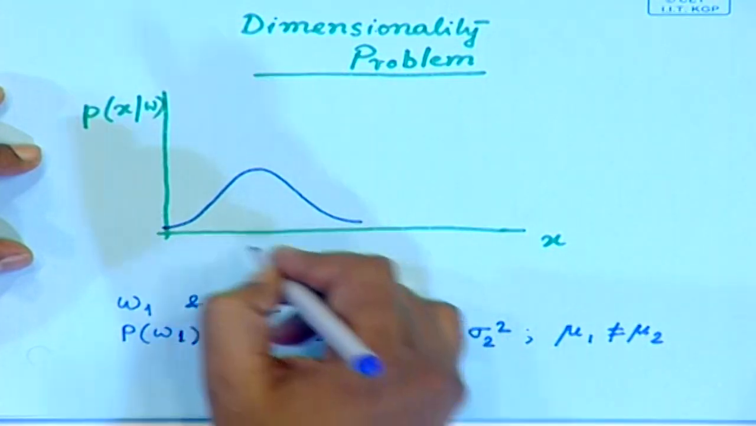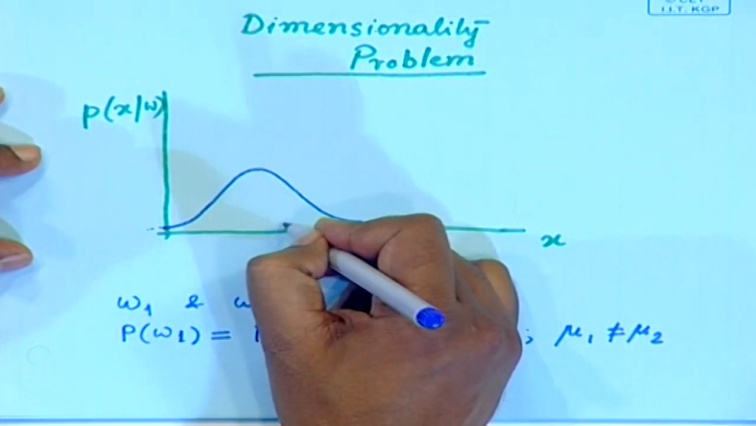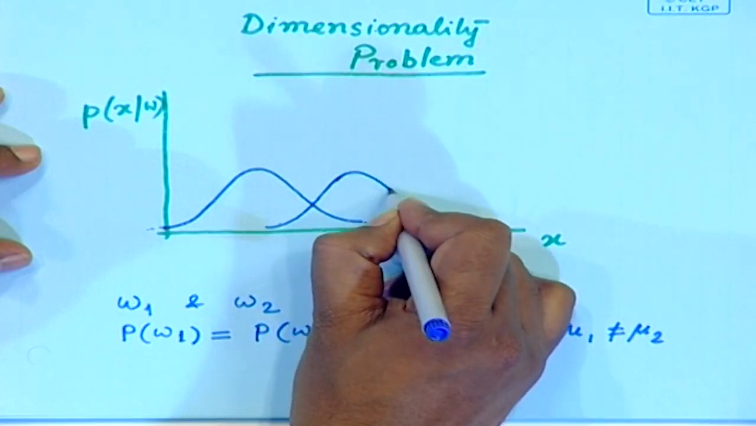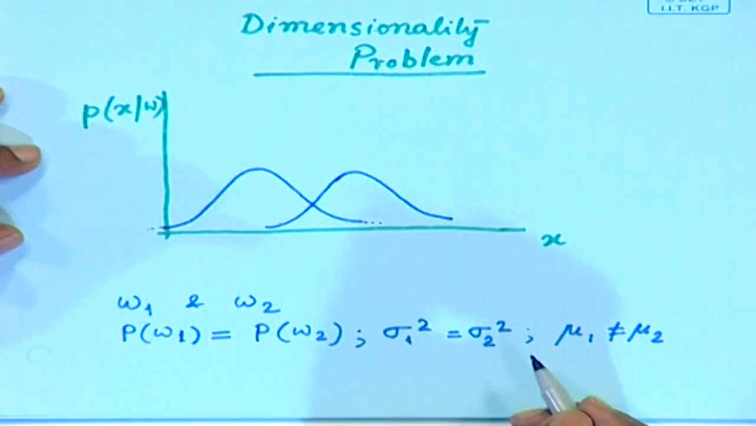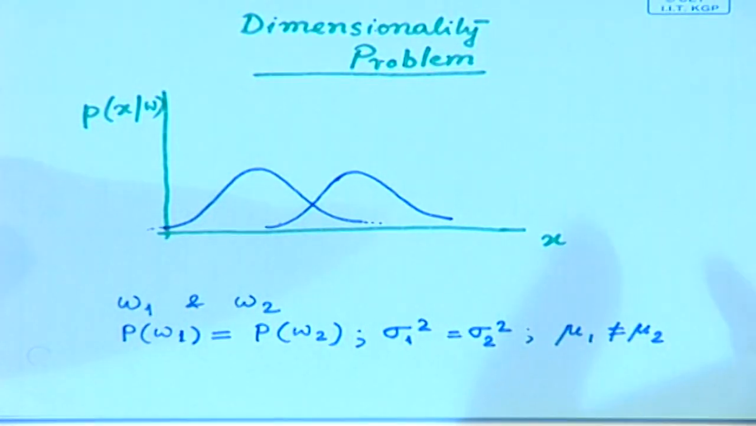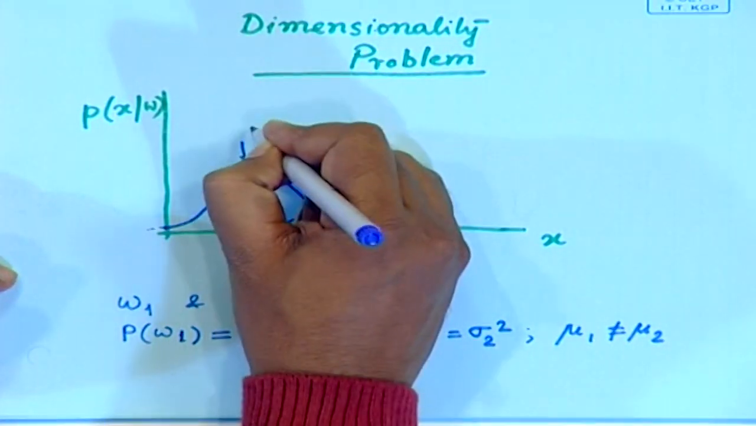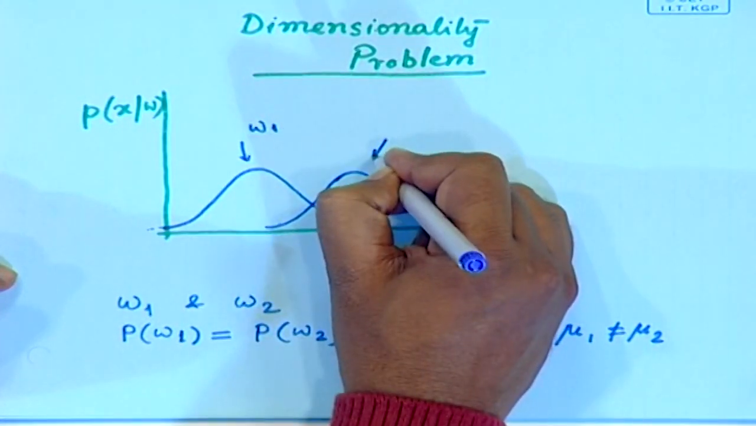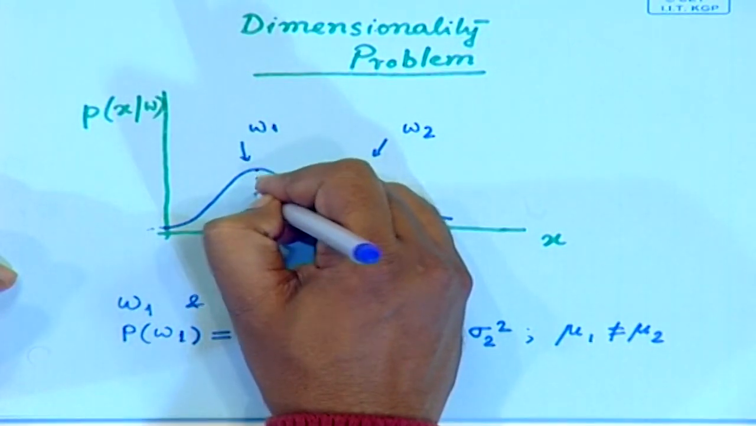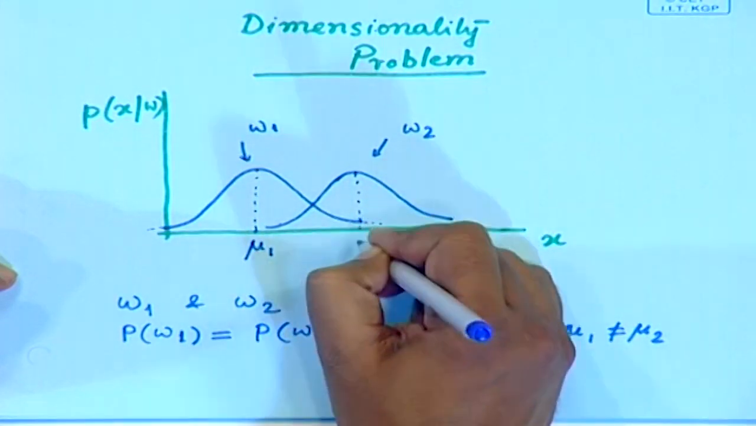So, this one extends infinitely, and the other one has the same form, the same shape and same size. The only thing is one is shifted from the other because the means are different, mu 1 is different from mu 2. Suppose this is for class omega 1 and this is for class omega 2, where this is mu 1